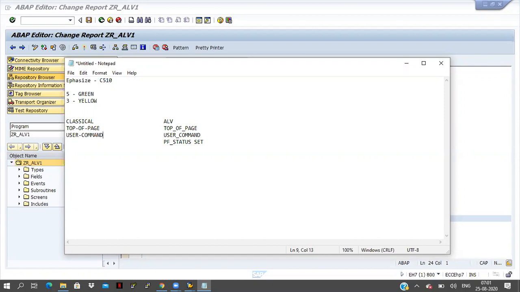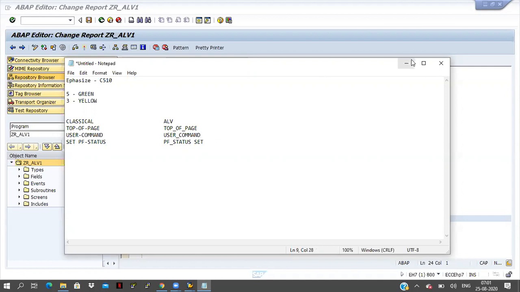User command is like this, and for this one it is like this, but it is changing here. The naming, in place of hyphen, is changing to underscore.